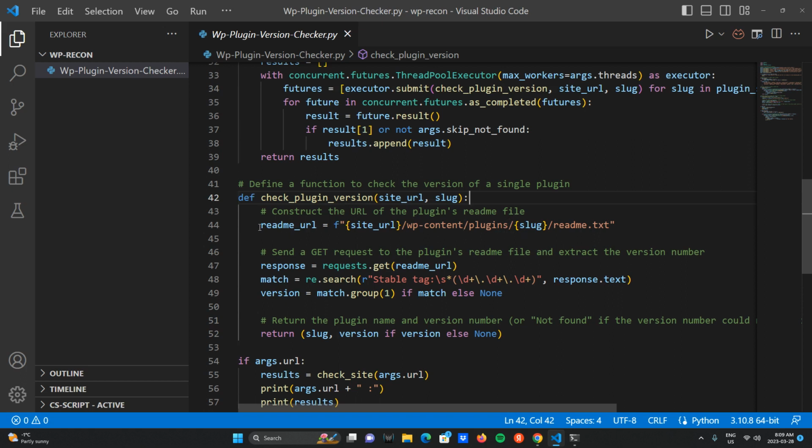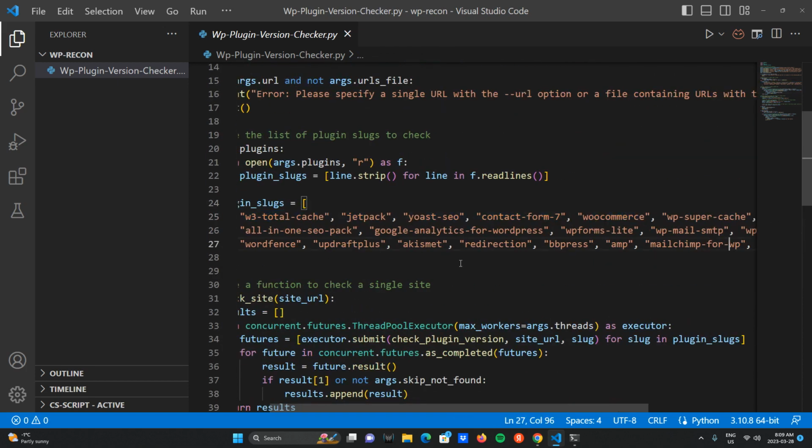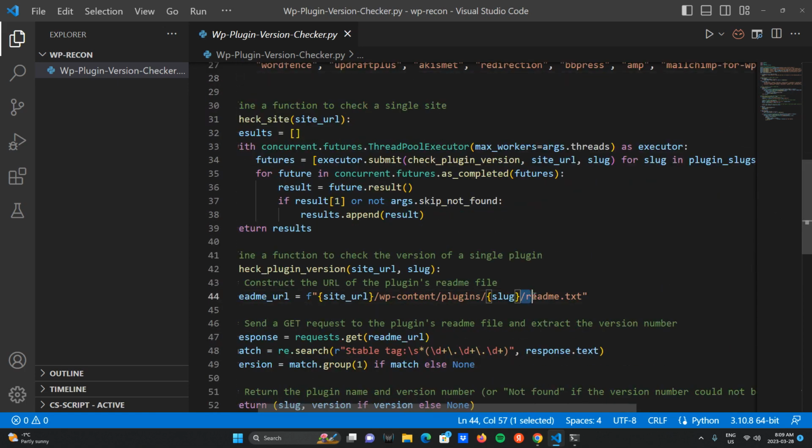Anyway, this is a README URL. And what is README? Where do you get the version of the plugin? Imagine we have a plugin with the name WP Super Cache. But where do you get the exact version? The place is named readme.txt, because readme is a place which explains each plugin. Let me explain it to you